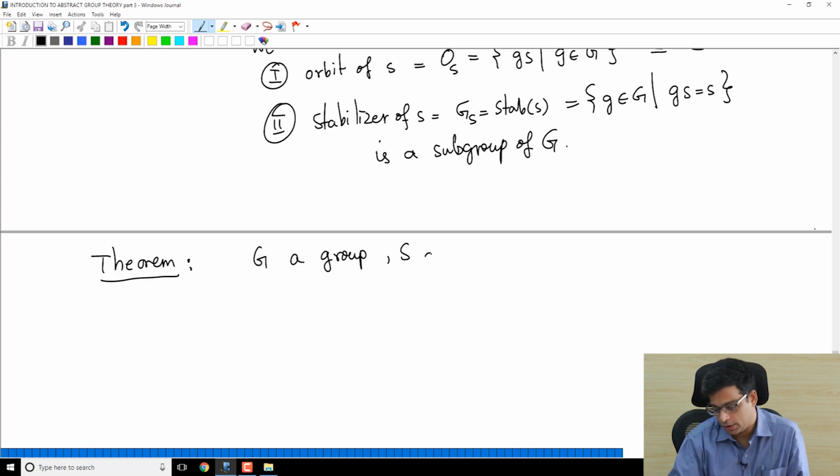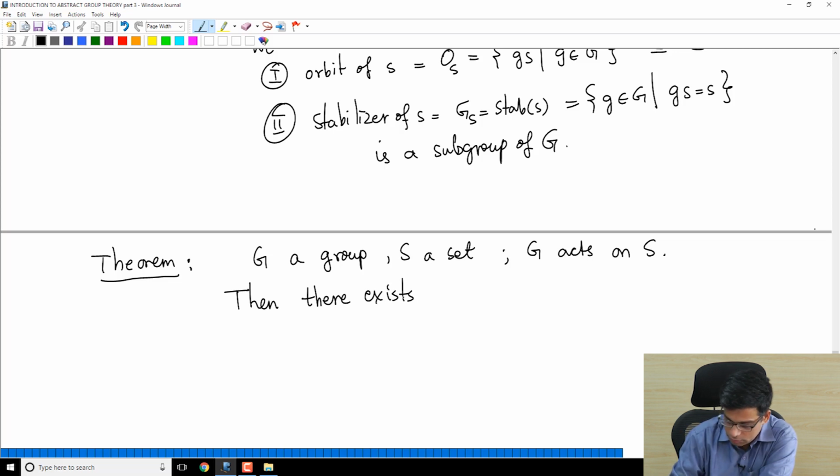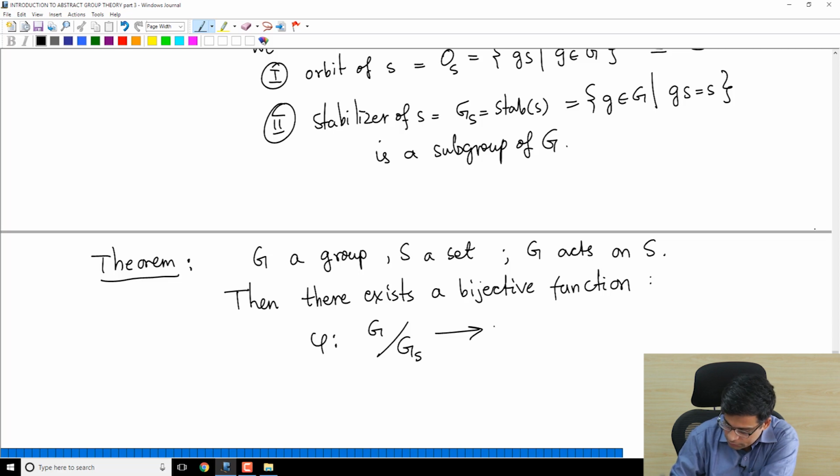Always this is our setup in these videos: G is a group, S is a set, G acts on S. Then in this situation there exists a bijective function phi from G mod the stabilizer to,